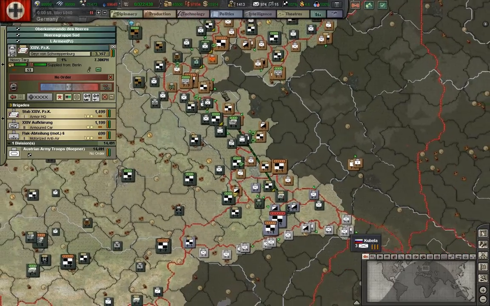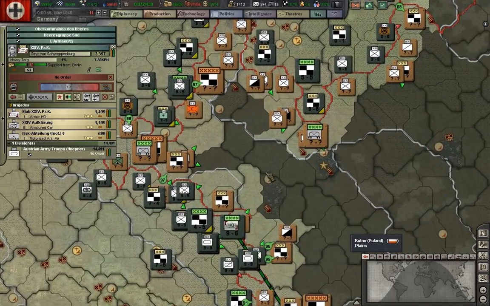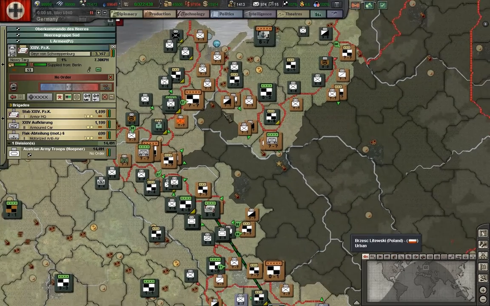This is almost entirely unnecessary. They would have done much better had they done some sort of defensive line around there, or even just in their core, but